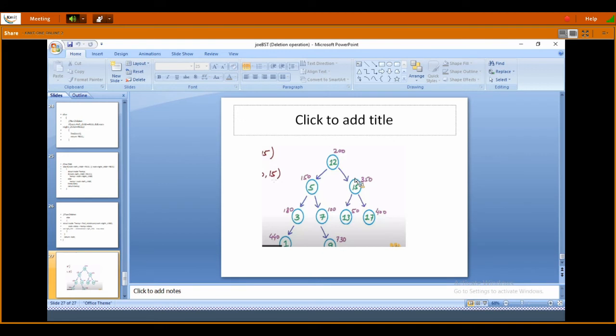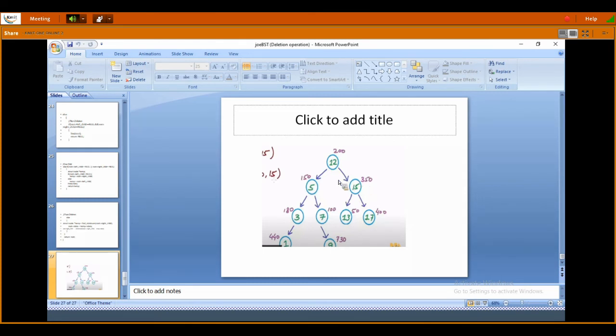15. If I want to delete 15, first we do the search operation. The search operation here is, first we will search from the root node, whose address is 200. After seeing the address of 200, we go right or left according to the value. We will search in the right part. Then after reaching 350, comma 15, we will stop there.